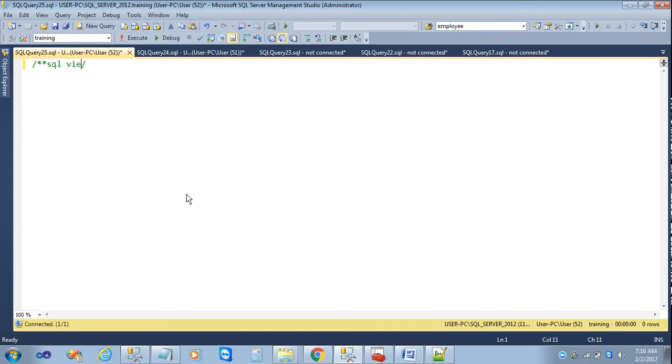Study is SQL views. So why to use views in SQL? We don't even know what views are. Okay, views are stored SQL queries. Suppose there are multiple tables in my database, and I'm just writing a query as select